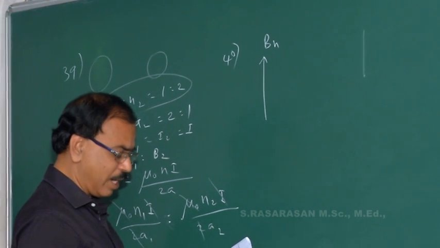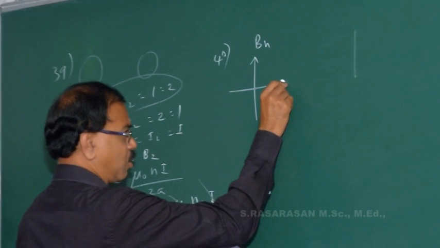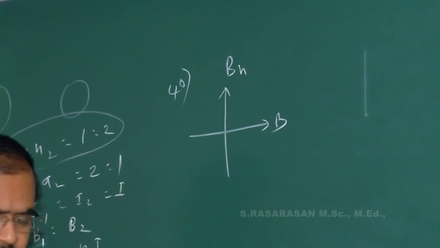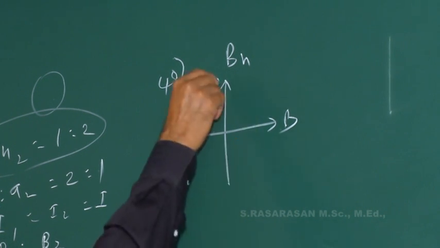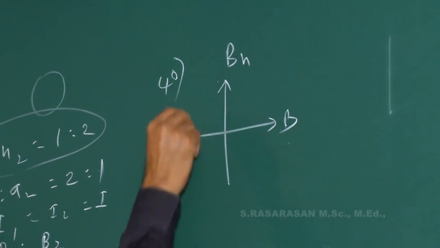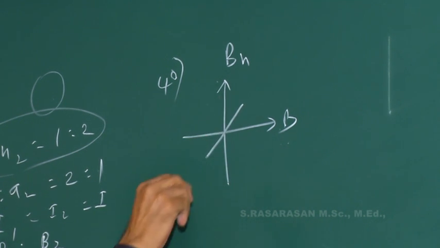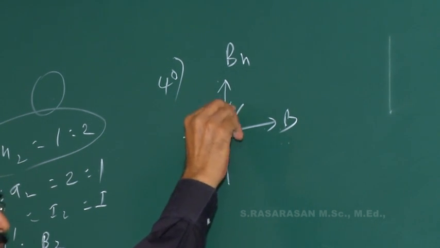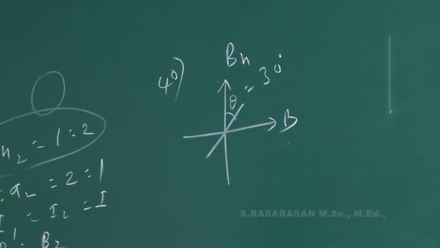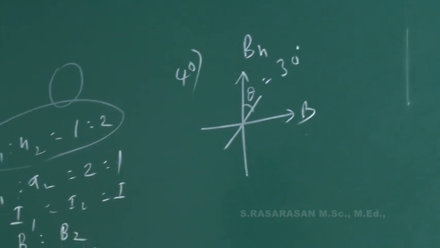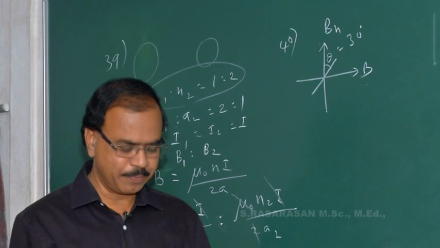Due to the flow of constant current in the galvanometer copper coil, another magnetic field is produced, which is B. B is given by, as we have just written, mu naught N I by 2A. The two uniform magnetic fields act at right angles to each other, that's why the suspended magnetic needle comes to rest in the direction of the resultant of the two fields, that is theta 30 degree. That means the tangent galvanometer is working in the first step. That's why the deflection is shown as 30 degree.